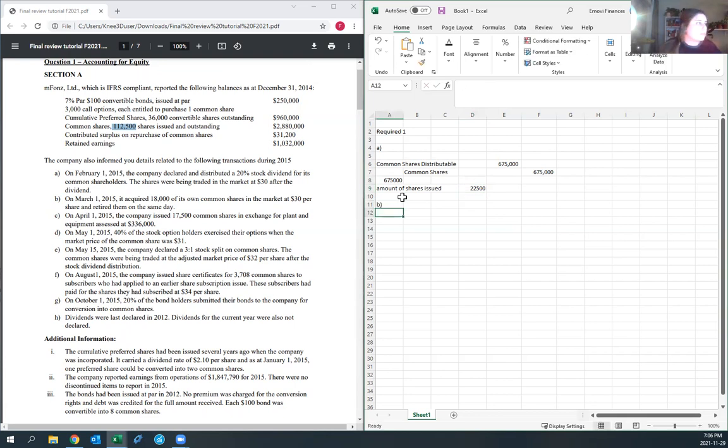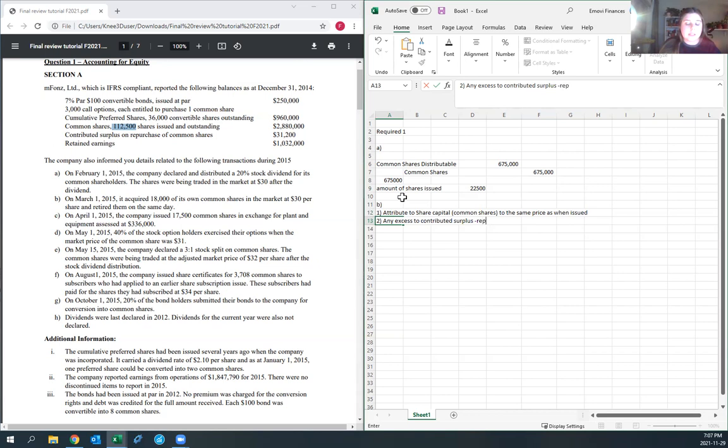And then for D, on March 1st, it acquired 18,000 of its own common shares in the market at $30 per share and retired them on the same day. When there's a reacquisition, you first have to attribute the amount to the share capital account, which in this case is common shares, at the same price as when issued. Basically, you're reducing your common share account by the amount of shares that you're buying back. And then if you have any excess between the amount that you're paying versus what you're retiring from your books, you're going to apply it to your contributed surplus